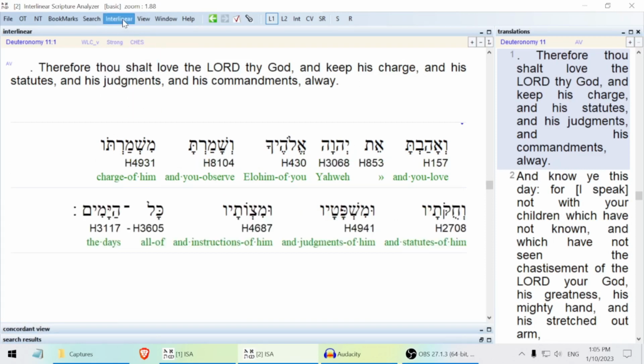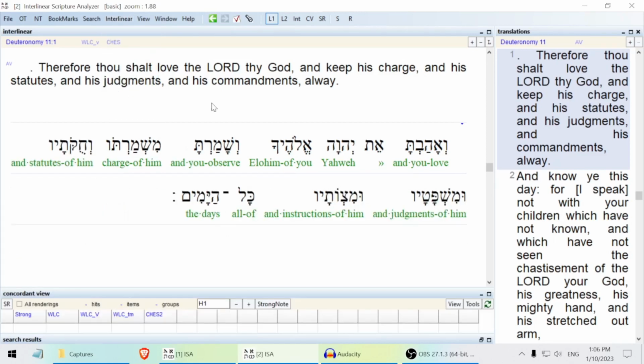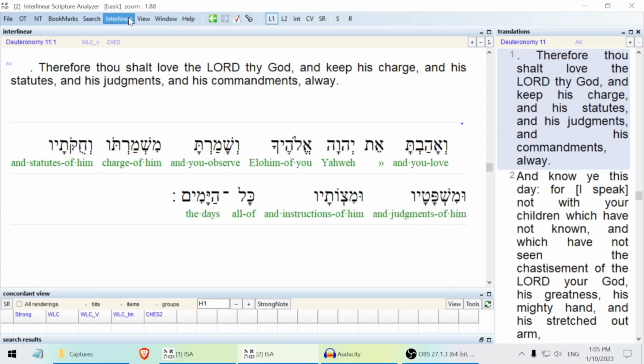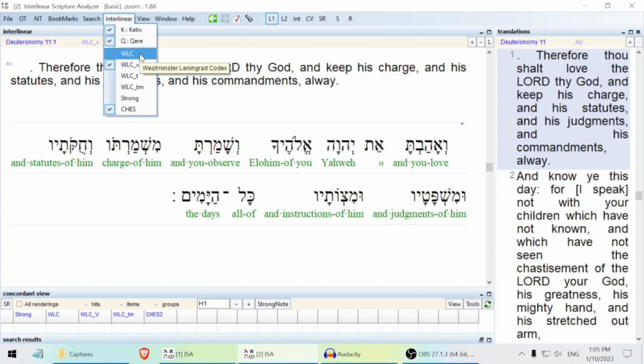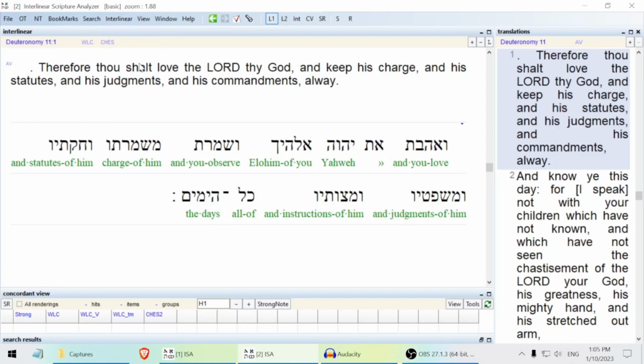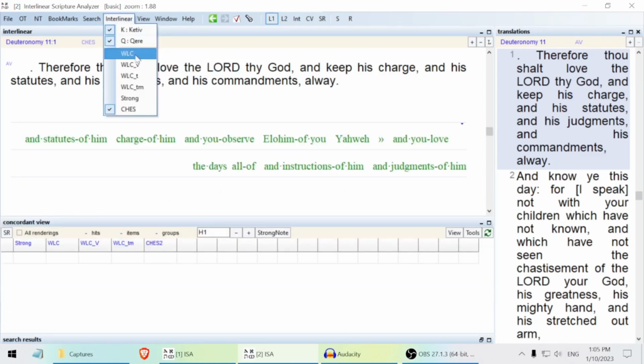The transliteration is not very useful in my opinion. It doesn't actually tell you how to pronounce the word. It doesn't account for the vowels, so it's not very useful in my view. Maybe if you're wanting to learn the Hebrew consonants, maybe that could help you. I'm not sure. There are probably more efficient ways to do that. I would suggest disabling it by clicking